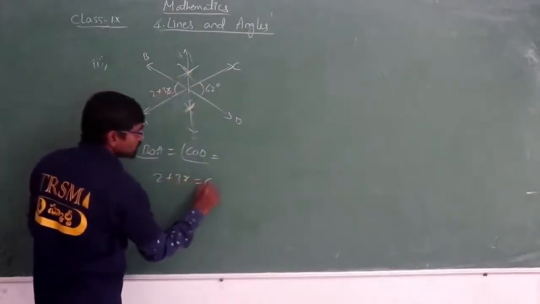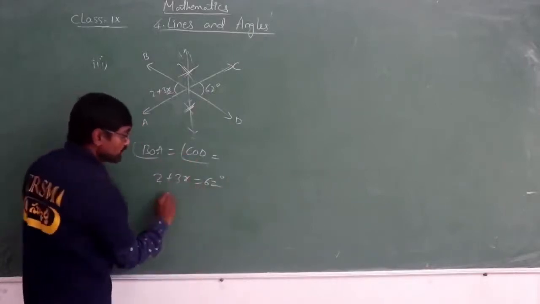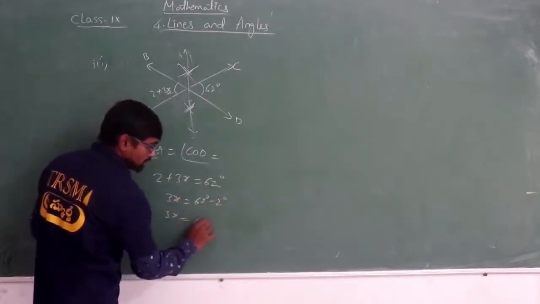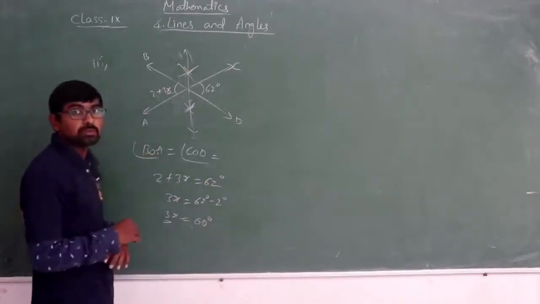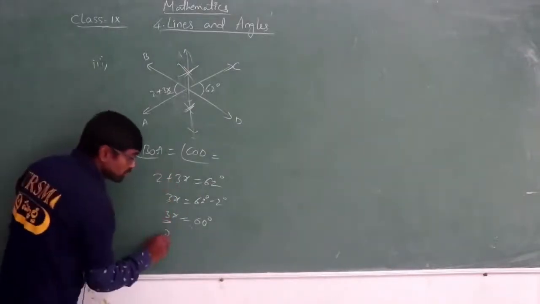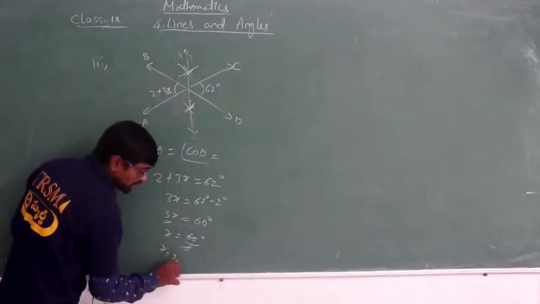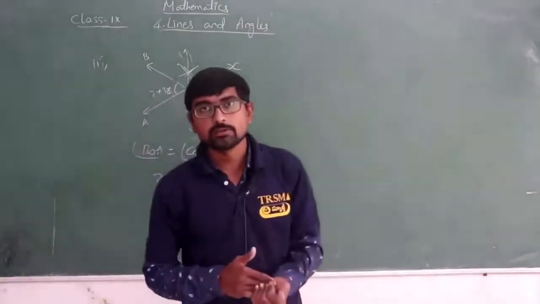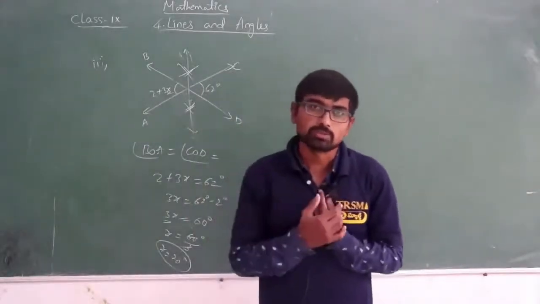2 plus 3x is equal to 62. Here 2 is being added, the additive inverse of 2 is minus 2, so 62 minus 2, so 3x is equal to 60. Now 3 is multiplying this variable, so the multiplicative inverse of 3 is 1 by 3, so you have to divide. So 3 by 3 will become 1, x is equal to 60 divided by 3. So 60 divided by 3, you will get the answer as 20. So this is how you will find the value of x. Thank you, and in our next class we will be doing the remaining problems.